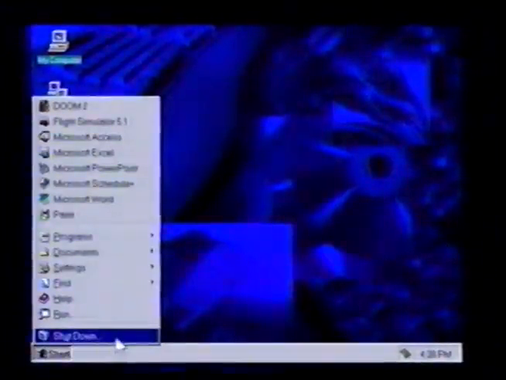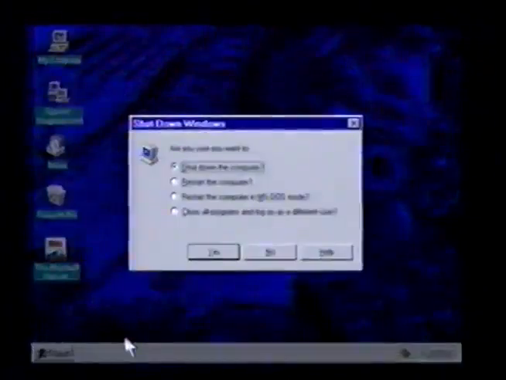So to close out of Windows, click on the Start menu and choose Shut Down. Windows will give you 4 choices at this point, but for now, just stick with the one at the top that asks, are you sure you want to shut down your computer? You probably won't use the other 3 choices very often, but we'll tell you more about them in the Windows